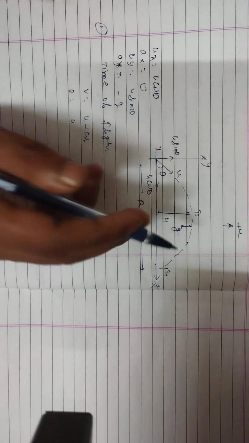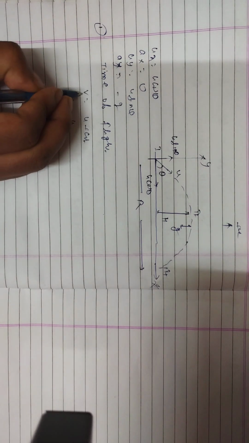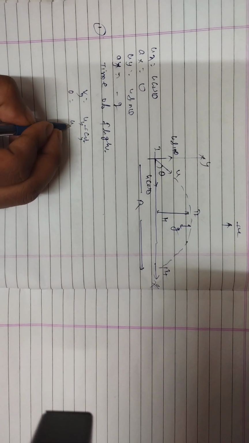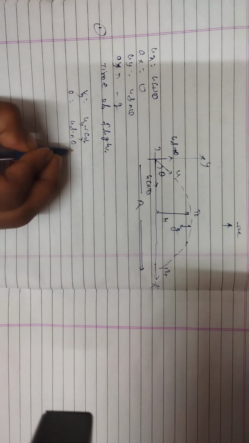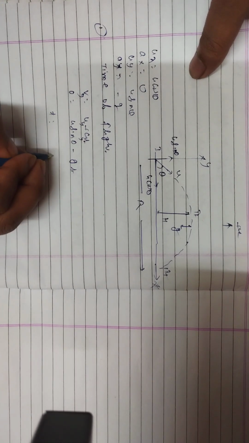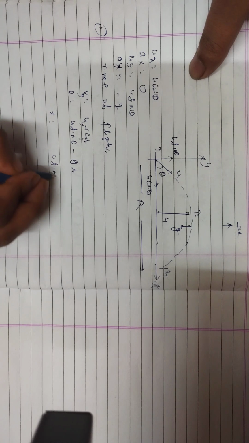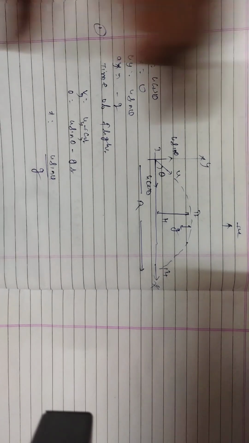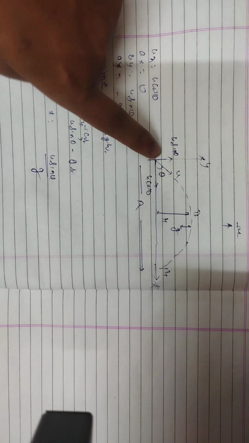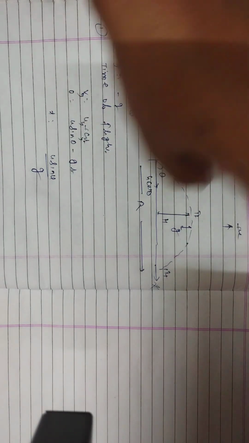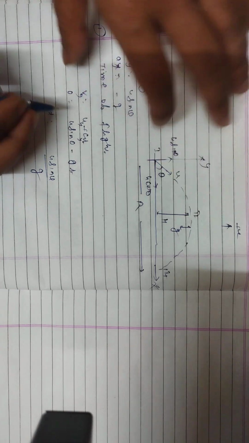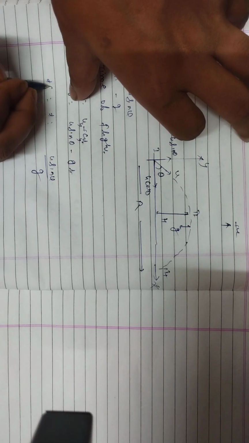We apply the equation of motion in the vertical direction. That's why we can write vy equal to uy plus ay t. What is the uy? This is u sin theta minus g into t. बच्चों, what is t? This is u sin theta divided by g. This is the time taken by the particle to go from position 1 to 2. If we have to find total time of flight, then what we have to do? Just multiply 2 by time of ascent.